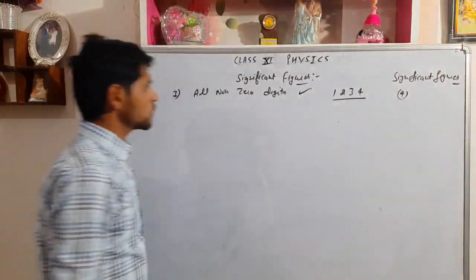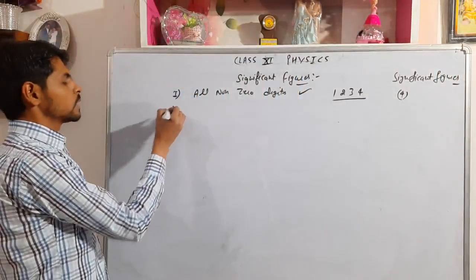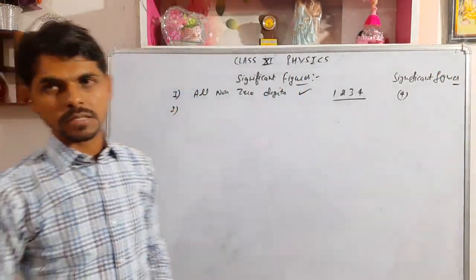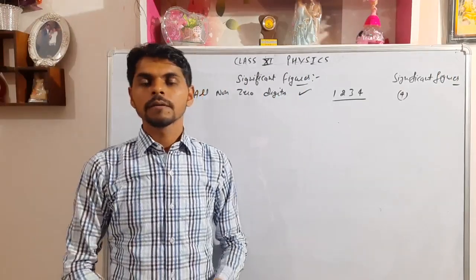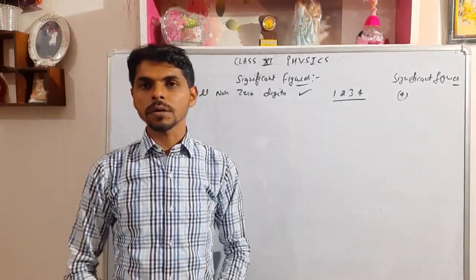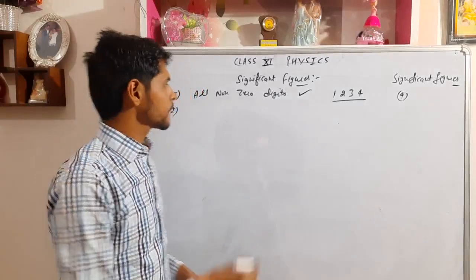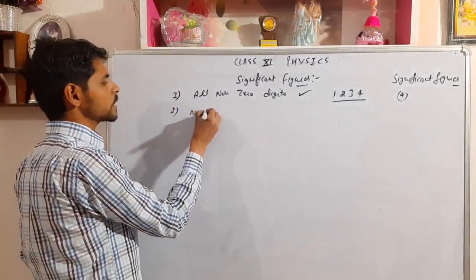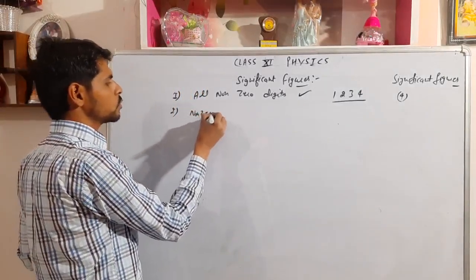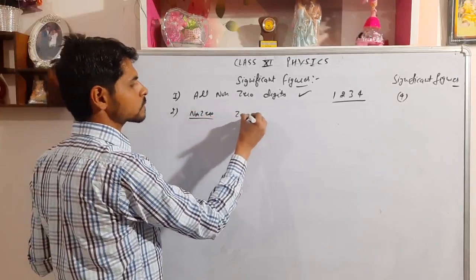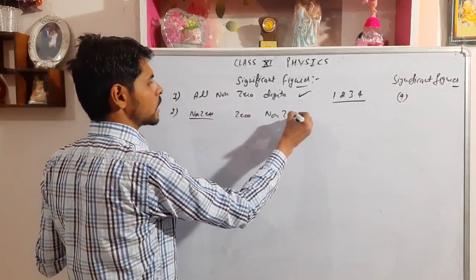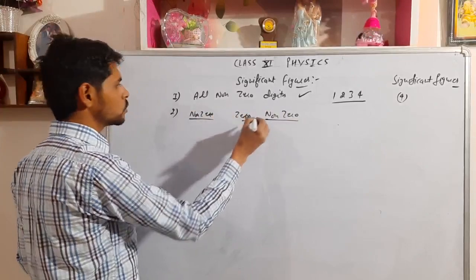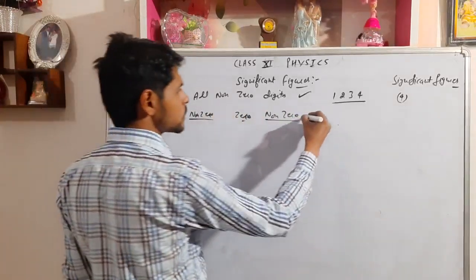This was the first rule. Second rule: 0 sometimes behaves as a significant figure and sometimes not. When it will be and when it will not be, look at the rules. If 0 lies in between 2 non-zero digits,